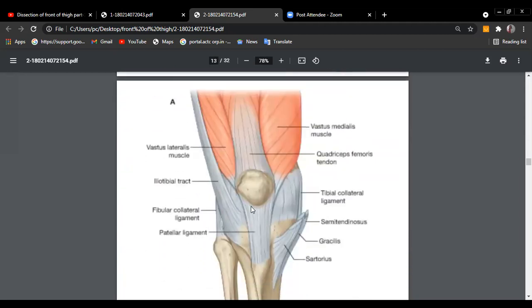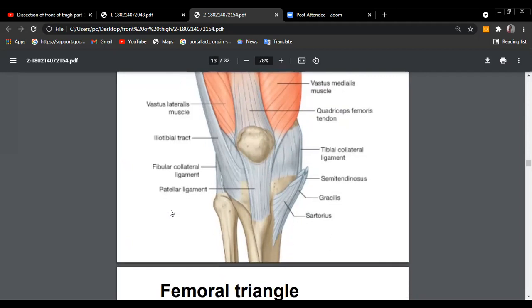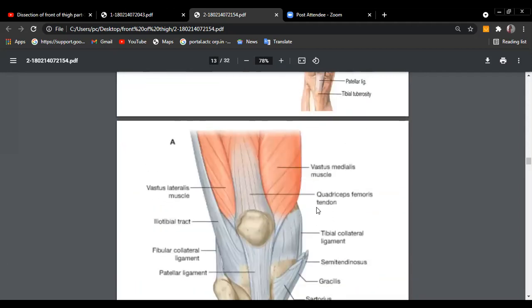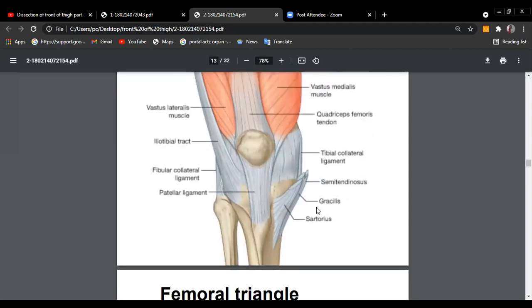Now, if you observe, this is the knee joint area and this is our quadriceps femoris muscles. Vastus medialis, rectus femoris, below which we have vastus intermedius. This is vastus lateralis. All of them are forming the sesamoid bone. If you remember, a sesamoid bone is a bone which develops in a tendon, and the patella is the sesamoid bone developed in the tendon of quadriceps femoris. Finally, you can see it is forming the ligamentum patellae or patellar ligament, which is attached to the tibial tuberosity. The femoral triangle is another class, followed by my topic.